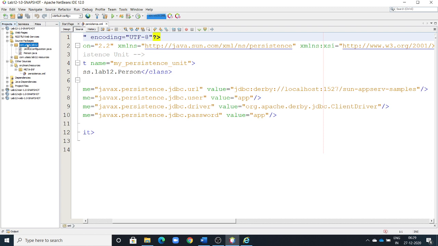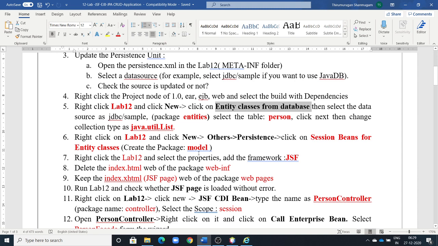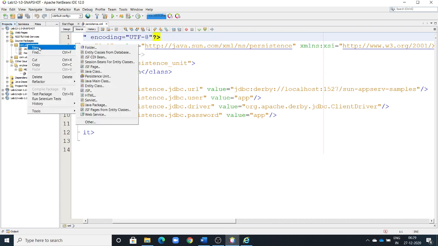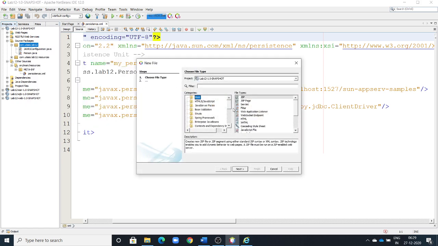Actually, the correct option is you must create it inside the entities package. For example, here, better you create it, I am going to create a new package. But actually the right option is you must create the package and then add it here.